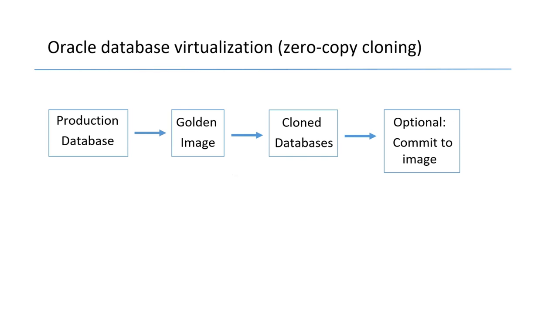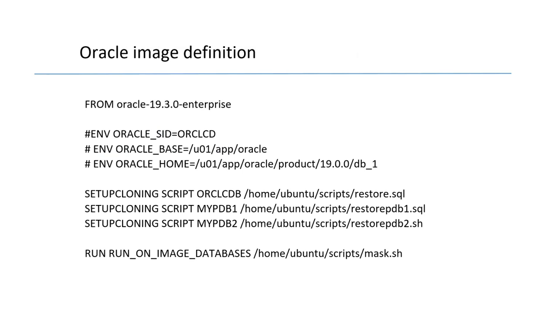The process begins with the sourcing of source databases, typically production, and the creation of a golden image. The image is then cloned to deliver the writable database environments, and those environments can be modified and then committed to create a new image. Images are specified with a plain text Docker file. Windocks Docker files also define orchestration not only for cloning delivery of databases, but also the application of data masking